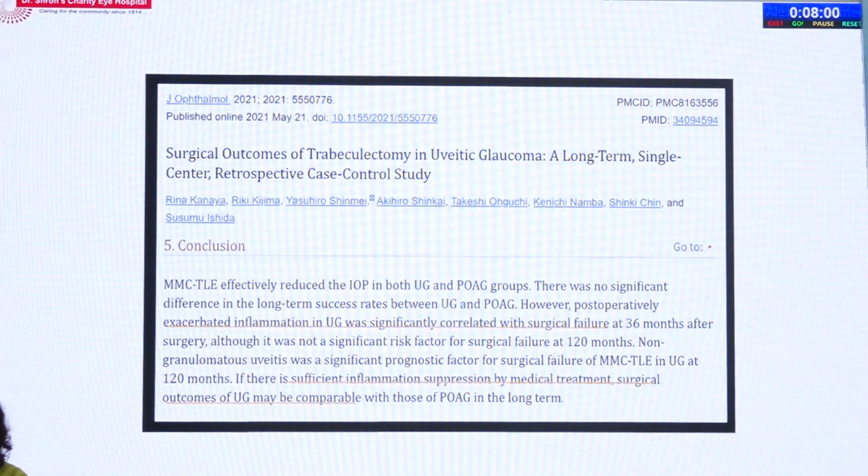They say that exacerbated inflammation significantly correlated with surgical failure, and surgical outcomes of uveitic glaucoma may be comparable with that of normal POAG if you have